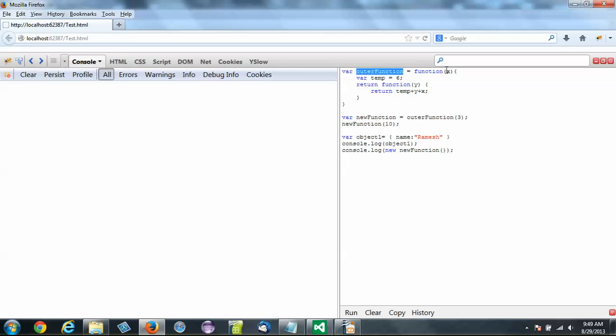In outer function, I am defining this outer function as a function that takes a variable x, and then we define a temp, and I am returning the addition of the variables. Now, as and when we execute this function, we know that temp is local to this function, and this x is local to this function. So these local variables should be deallocated from memory. And when we execute these things,